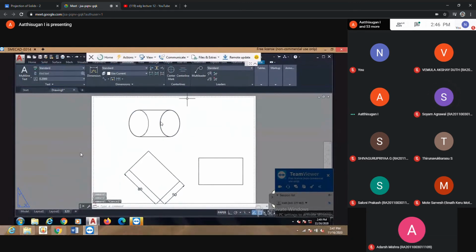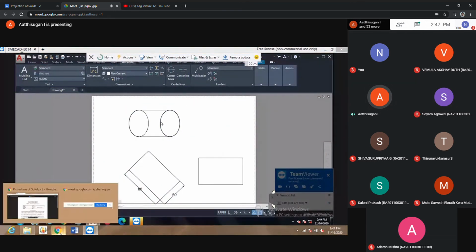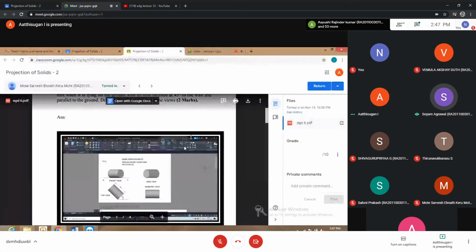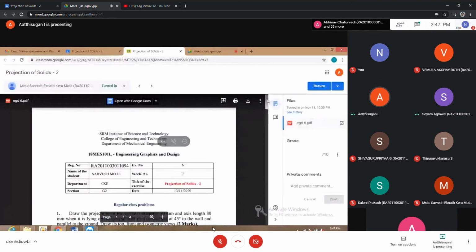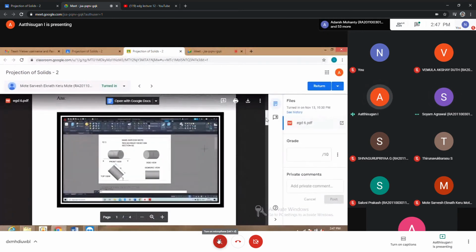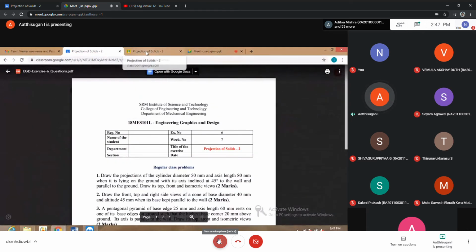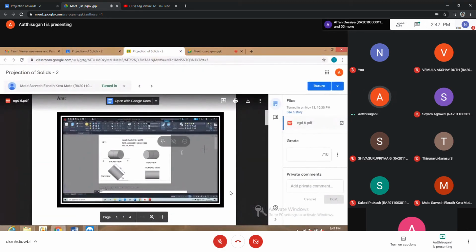Tell me, sir, how to label all these cylinders and circles? Cylinder, I told you, the maximum not getting labeled means at least leave it as it is. Actually, you have to divide the circle into some equal parts. For the cone also, you are dividing it into some equal parts.